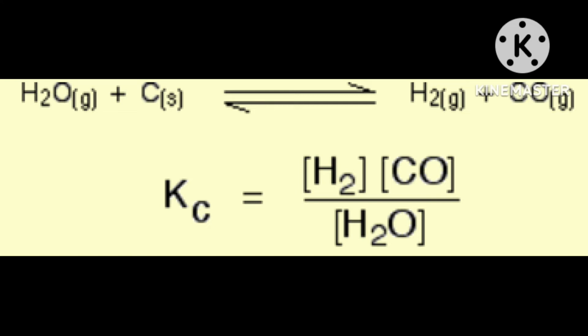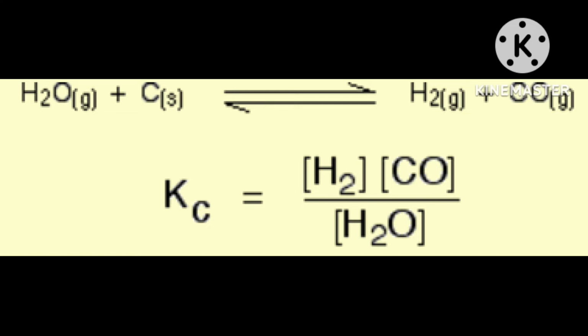K dash C is equal to the molar concentration of CO2. That is the modified constant, because the solids are constant and have some fixed value. Hence the new constant K dash C, you can write with the sign of equilibrium. Kc at equilibrium depends only upon carbon dioxide, CO2, so K dash C at the new equilibrium will be equal to the molar